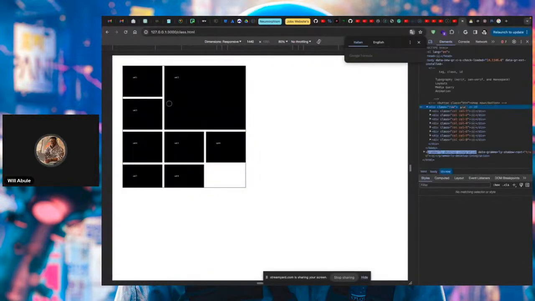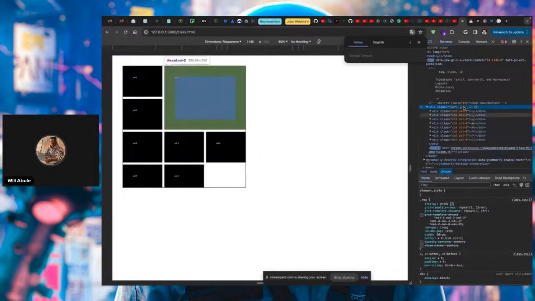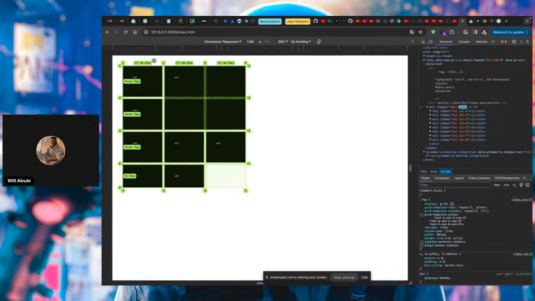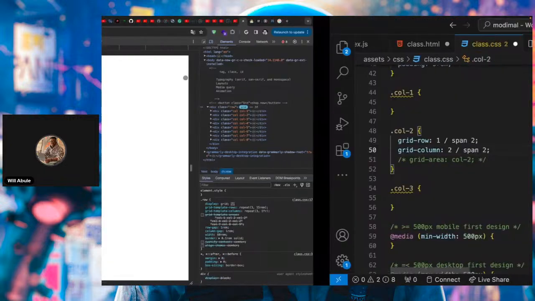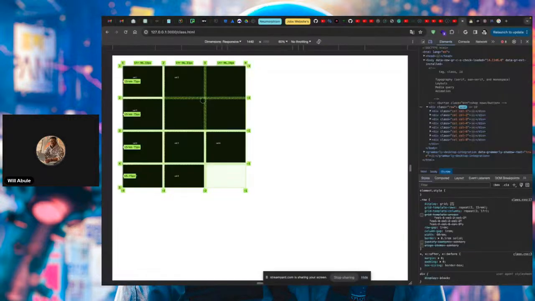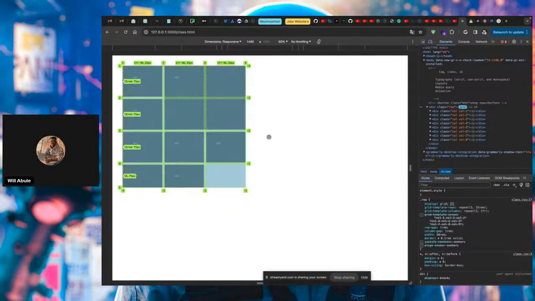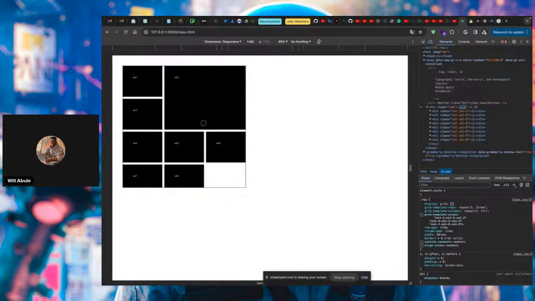because remember our original grid, if you look at the numbers, we are saying from this second column, it should span 2 more columns, right? So which is this column, and this one. From this second column here, you should span 2 more columns, which is this one and this one. So this is how the span can give us this design we were trying to achieve,